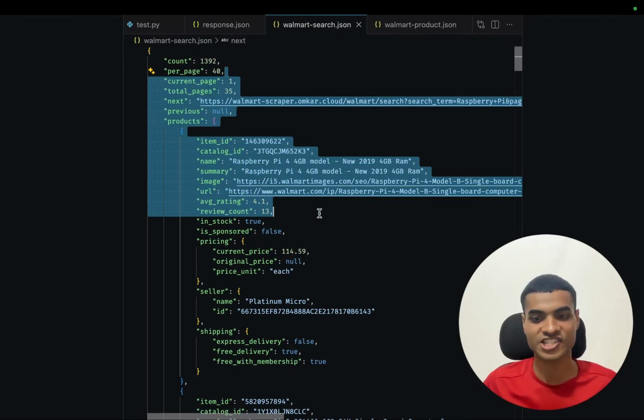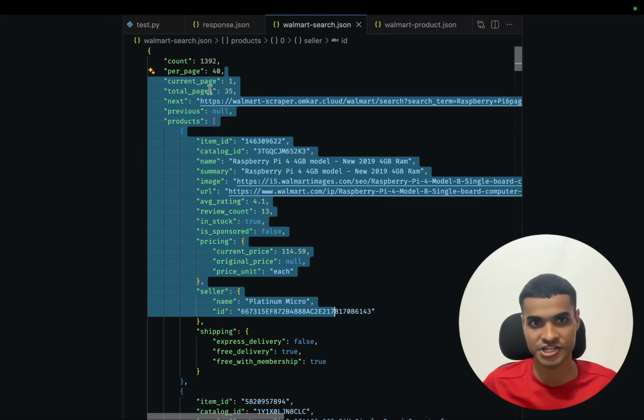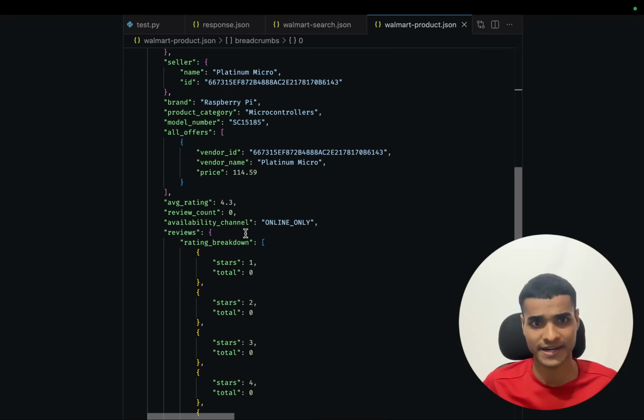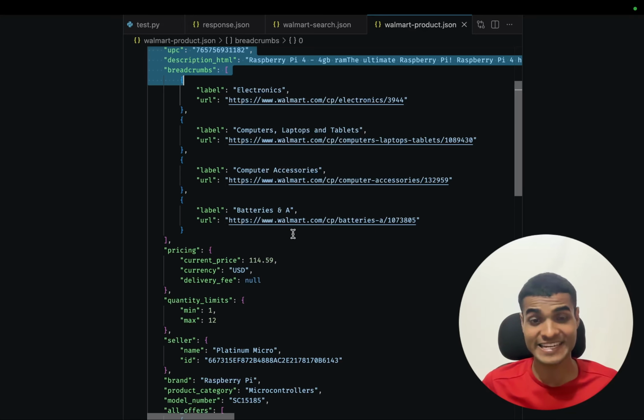So here are the Walmart search results consisting of pagination data and also the name, the summary, the reviews and all sorts of things. And here are the Walmart product details consisting of the name, the images, the breadcrumb, pricing and the review breakdown and such kind of data that you will be easily able to get after